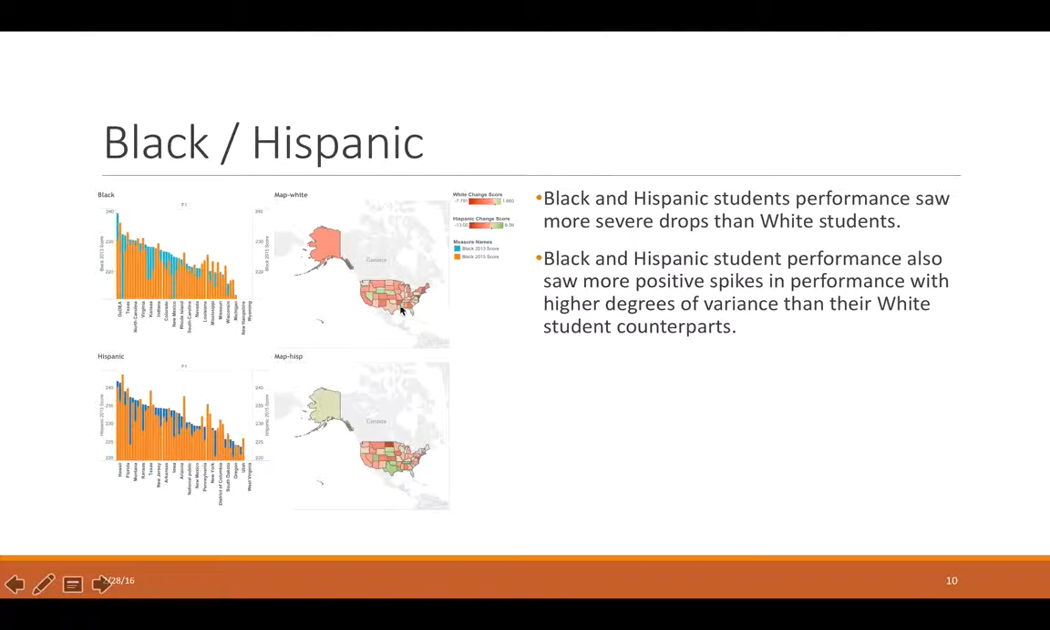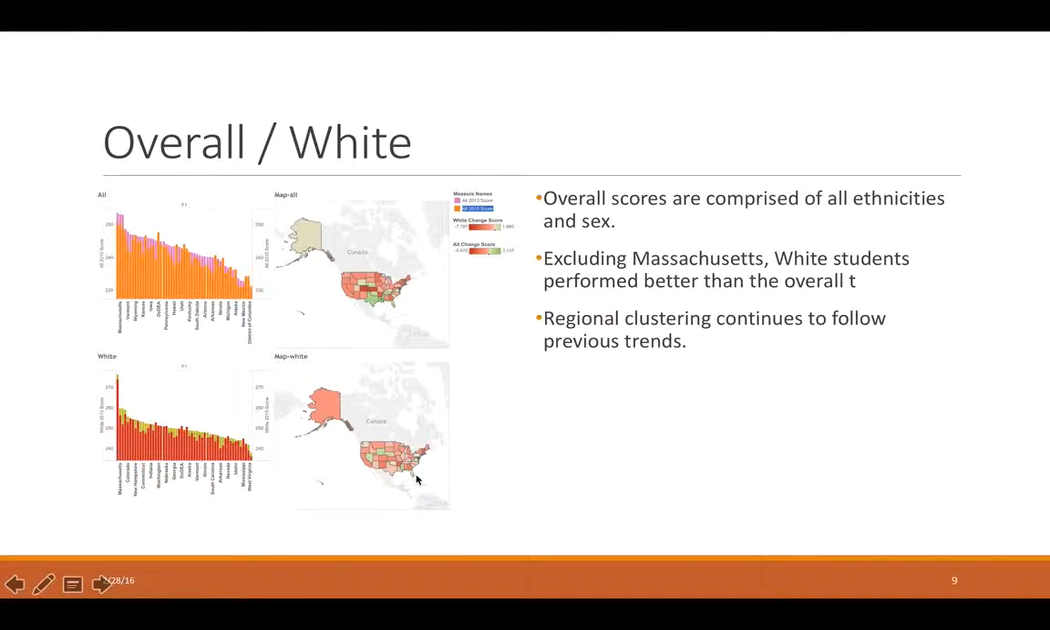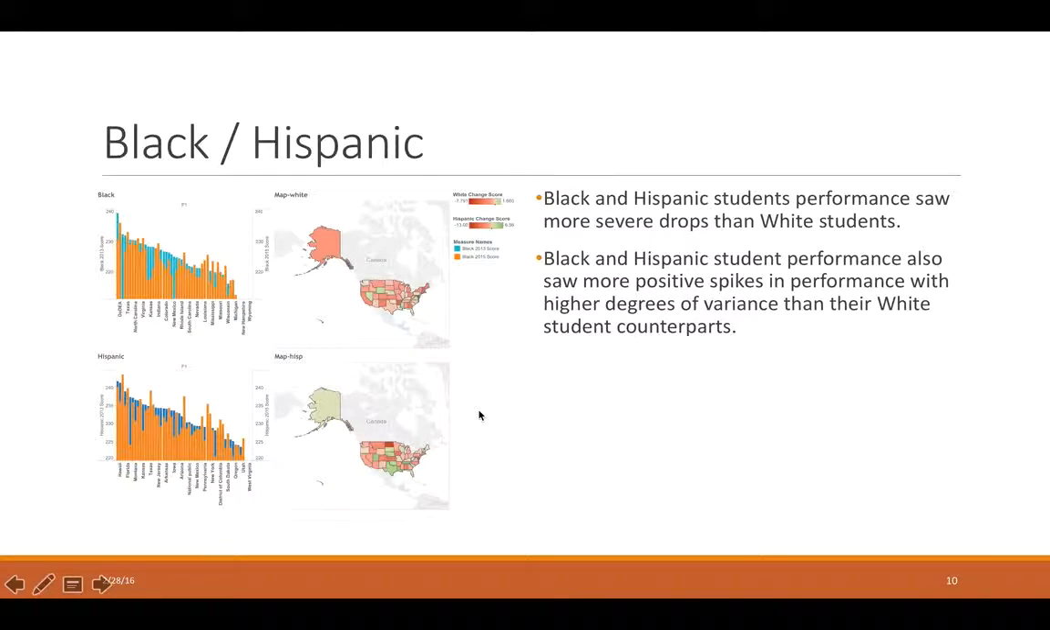And again, the clustering patterns followed suit, though some were slightly negative in their performance. They still perform better than other states. And also here you can see that the drop-offs for the white student population, it drops off by about 10 for the most part. But as we get into the next slide, the black and Hispanic performance,